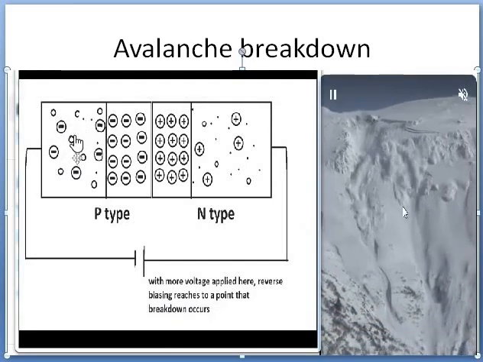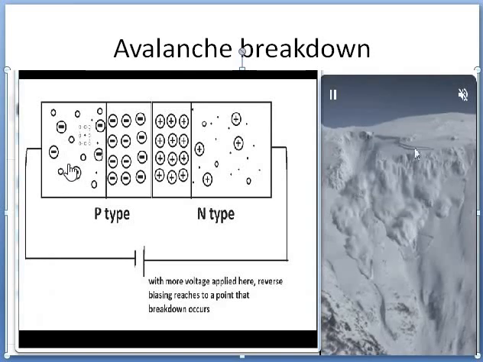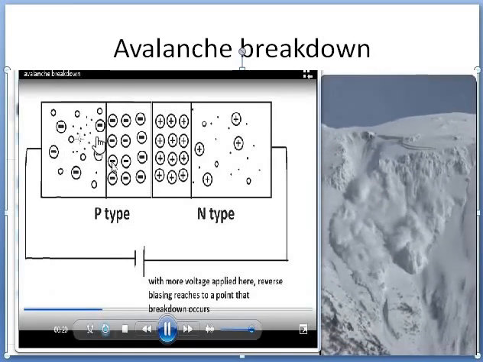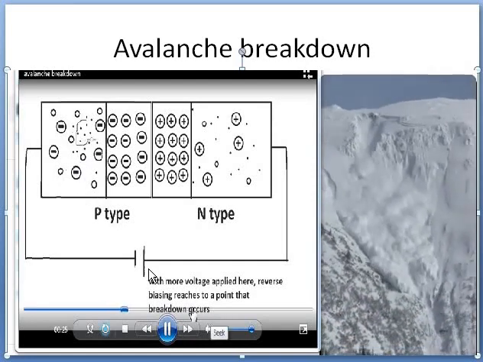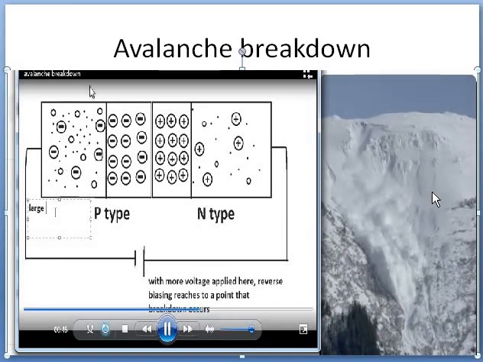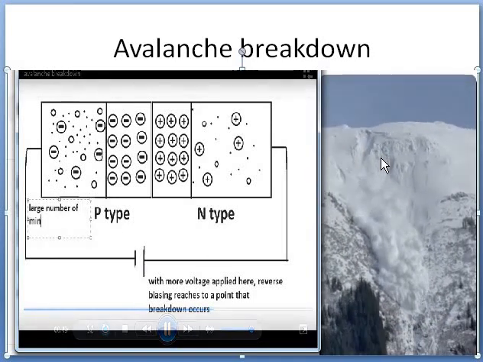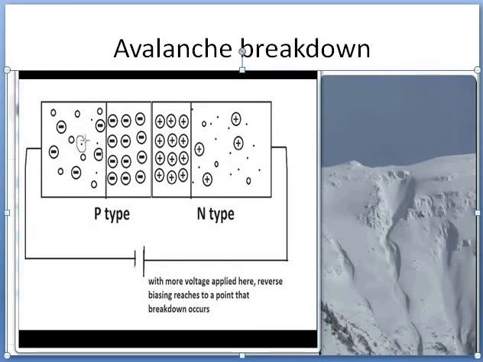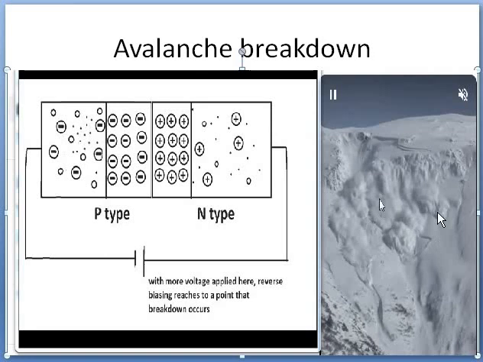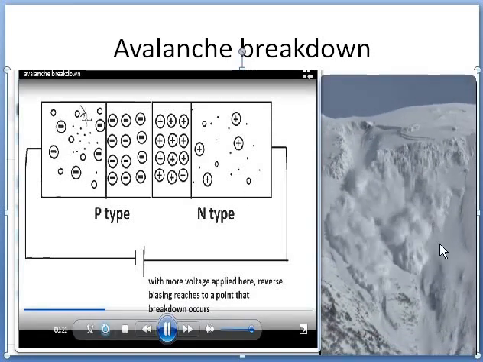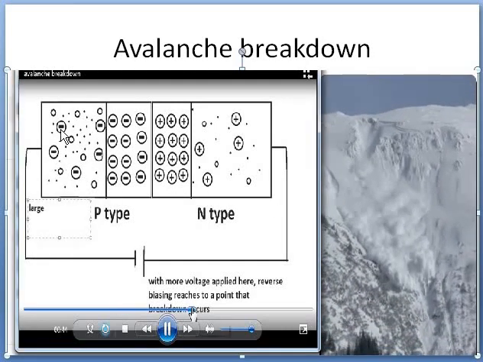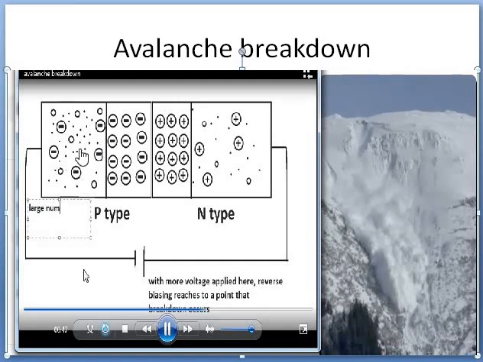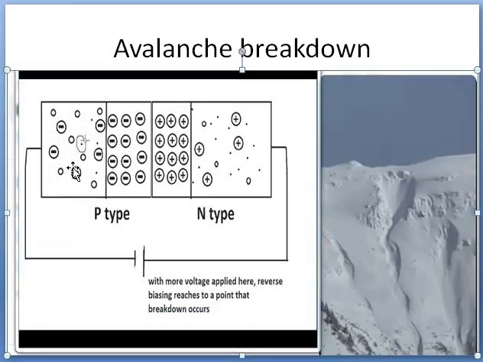One electron is vibrating, it's striking here and there. It is causing more electrons to be generated. Now all of them are excited. Their velocity is increased because reverse biasing is being increased. The voltage in the battery is increasing. Similarly here, more snow is flowing because one ball started to roll down. Look at this scene. A snow avalanche, a natural process. Just like this, a similar situation is happening here. Snowballed. So many electrons because of a few minority charge carriers which were so excited that they broke all the adjacent